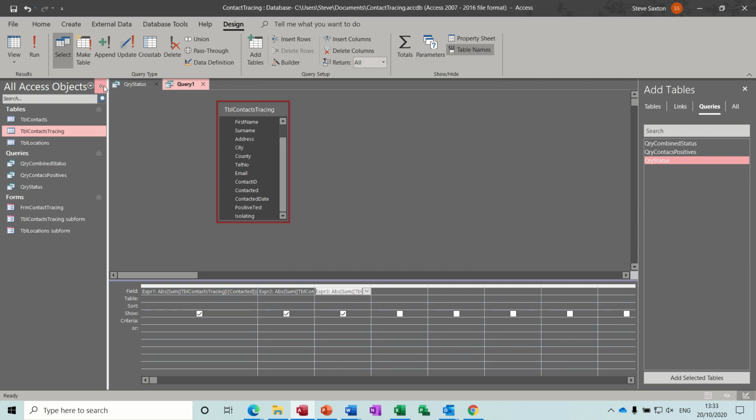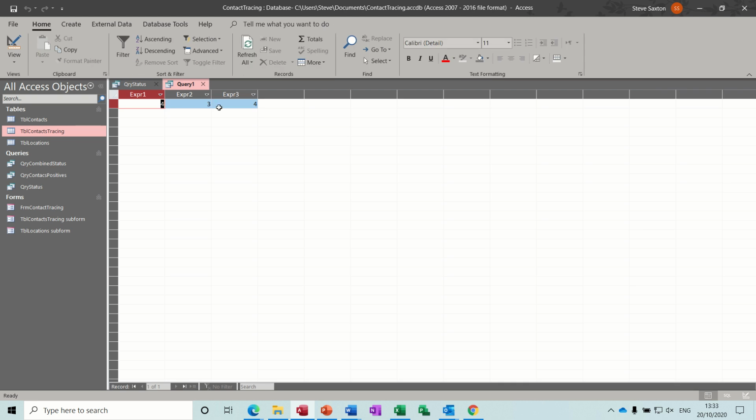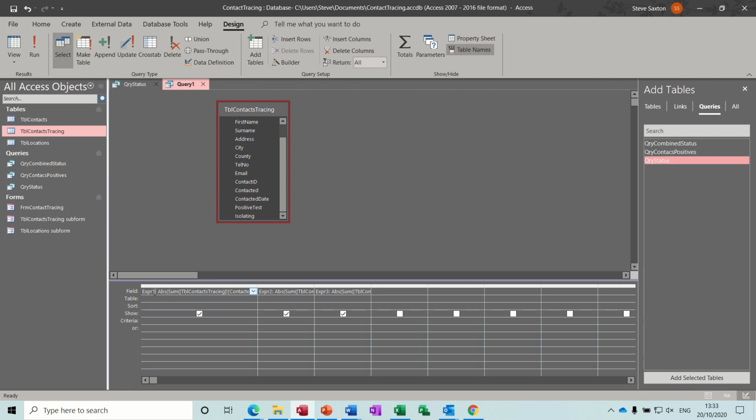OK, and then when I run that, I've now got positive numbers, and now I need to change the labels. So you just go in there and get rid of expression 1. The first one is going to be contacted. In fact, you can't use the same word, so I'll put people contacted, and you can have spaces. It's not good to have spaces actually, so I should practice what I preach. Contacted, make sure the colon's there, and this is